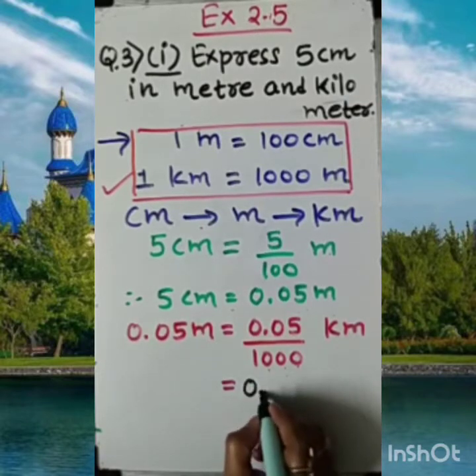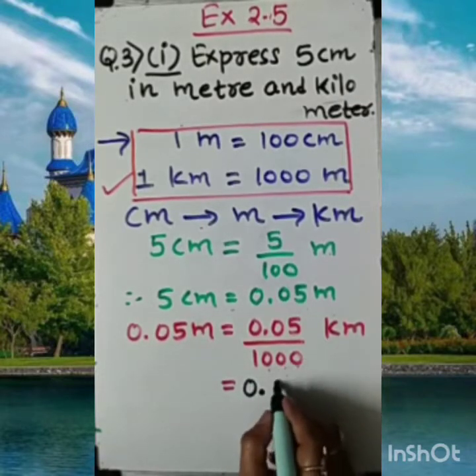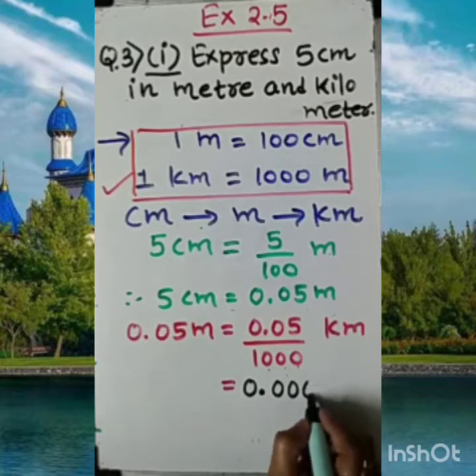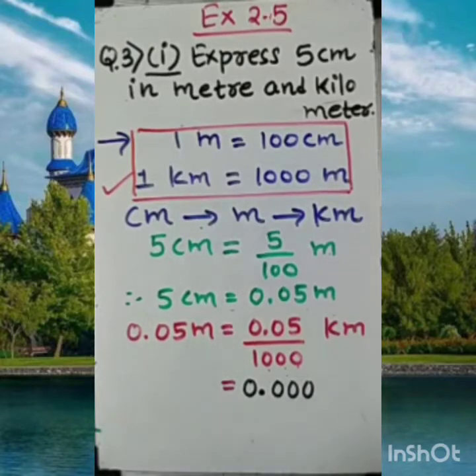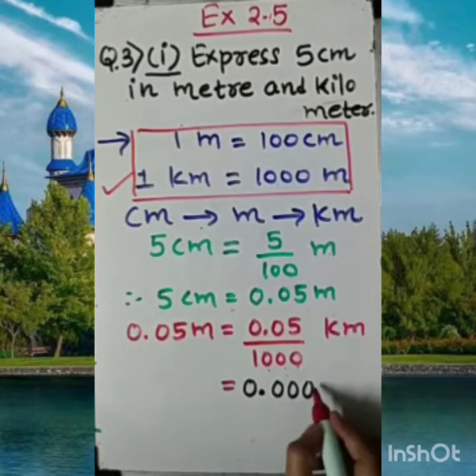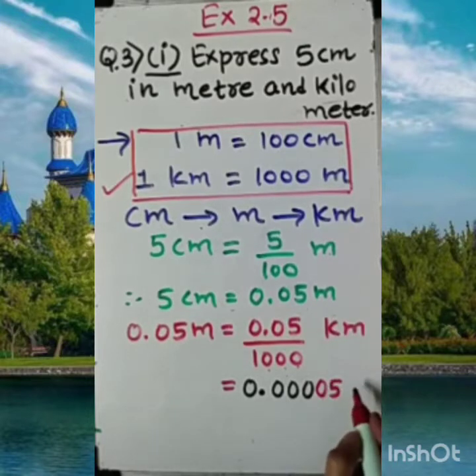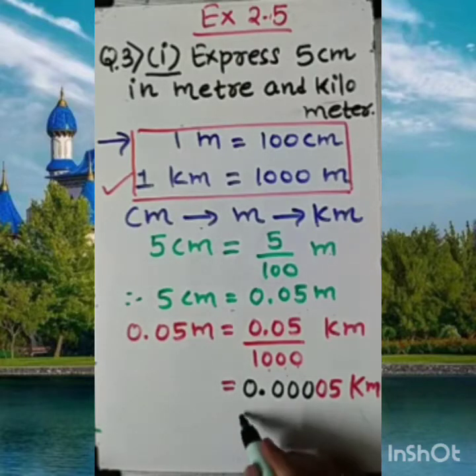3 more we have to shift. 1, 2, 3. So 1, 2, 3, and 0.5 was already there, so I'm mentioning this is 0.5, and that is the answer in kilometer. So this is the solution. This is the conversion,